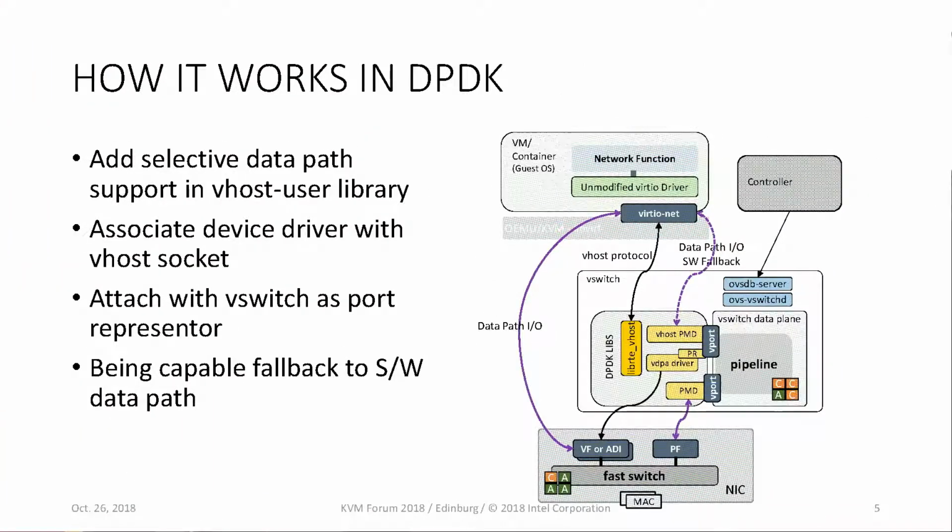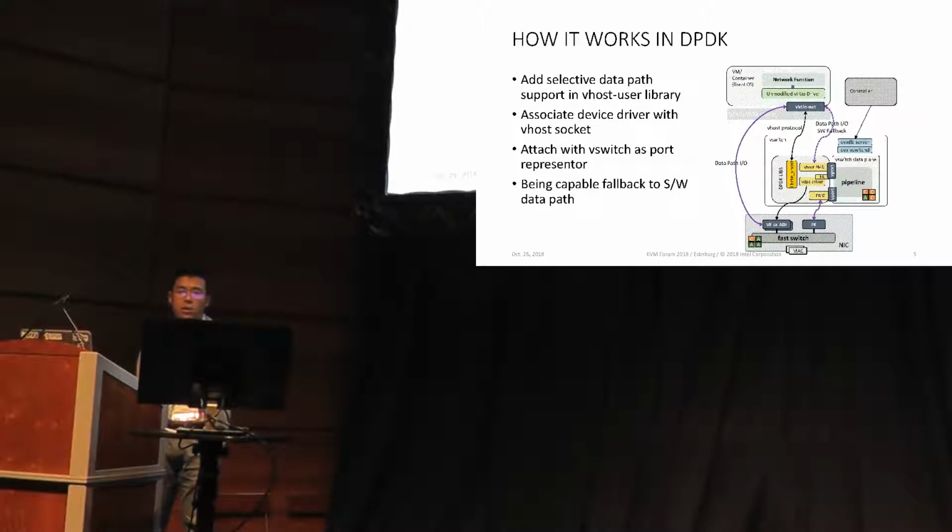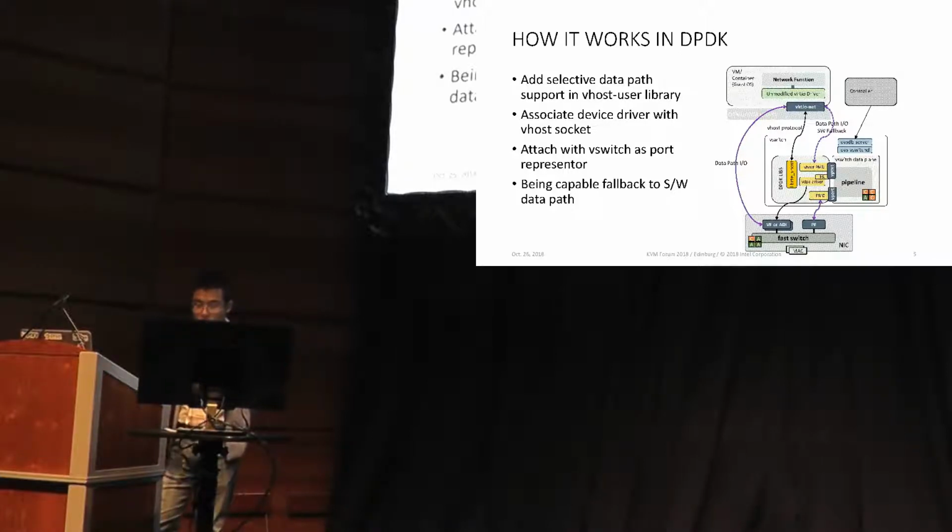And then a quick introduction to how it works in DPDK. So basically in DPDK, we add selective data path support for the vhost user library. DPDK has our vhost user library. Now we extend it to support not only the software backend, the DPDK PMD, but also a driver. So the driver gets the same message from the front end via the vhost user library, and then it will associate that with a socket,